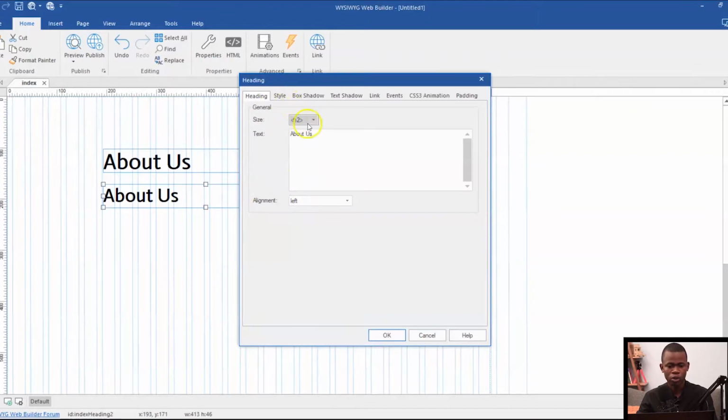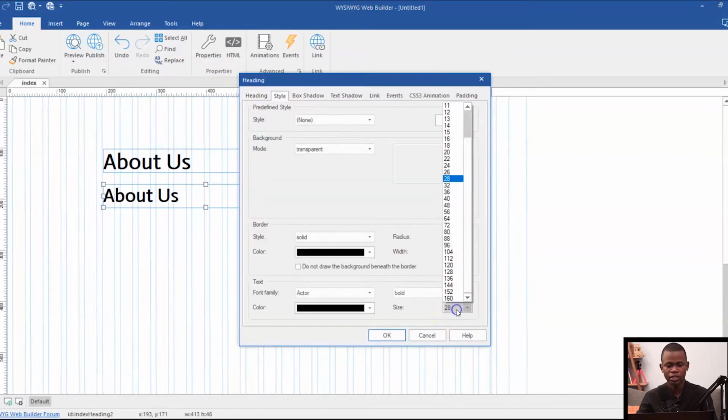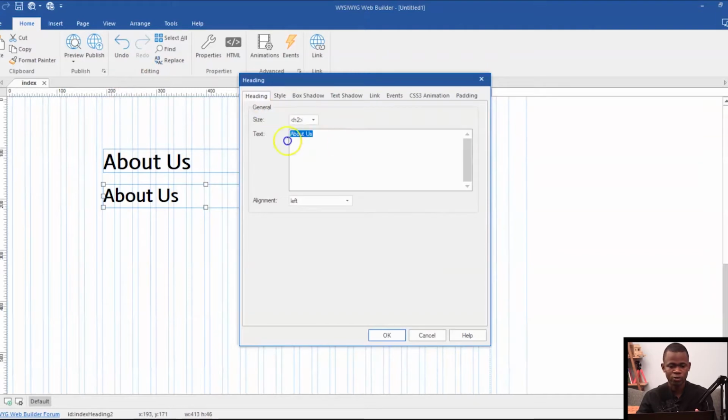Once you are done with your style, that is the size here, you go ahead and specify the size that is going to be a bit below what you have for the H1. Then once you are done, you just go ahead and specify your text details and click on OK. So that's how simple it is to work with the heading tag. But mind you, depending on what information you have in there, it's also going to help with the search engine optimization of your website.